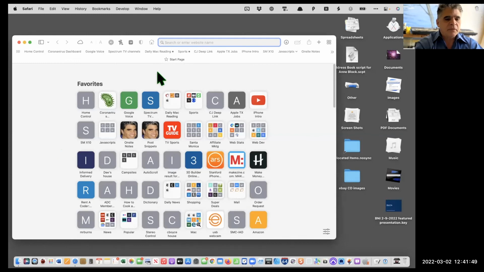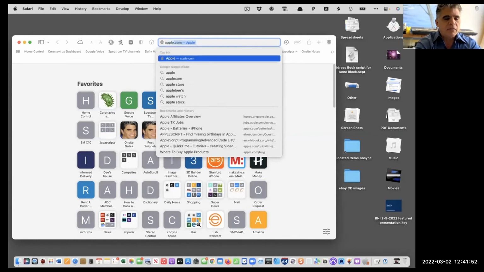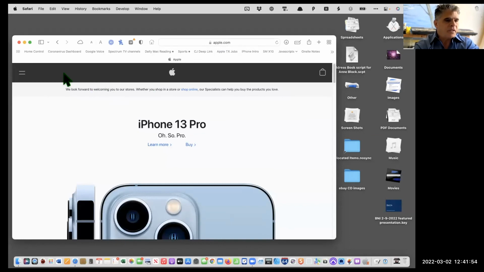So I'm gonna go to Apple again here, and what we're gonna do instead of hitting the green button is hold down the Option key and click on the green button. When you do that, it's really hard to see here, but look very carefully at this area right here. Right now, it's just a solid red and a green and a yellow dot. Now, if I get my mouse up to it, what you really see there,